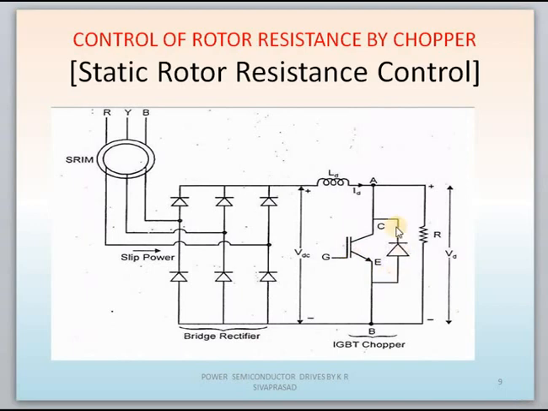By controlling the switch of the chopper, we can turn the external resistance on and off. If you turn on the chopper switch, then the resistance is short circuited, that means the resistance value will be 0 here. And if the chopper switch is in off condition, then we are connecting the resistance to the circuit. The variation of resistance value depends upon the turning on and off of the chopper switch. That means by controlling the duty cycle of this chopper, we can control the resistance value from 0 to the maximum value, that is R value, easily.